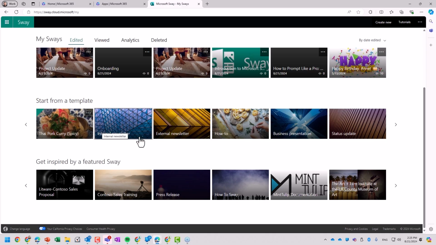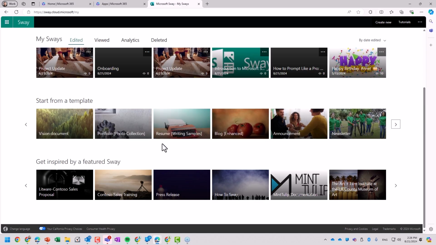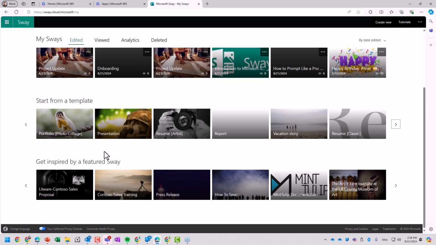We have things like an internal newsletter, external newsletter. Sways about how to do things. Now, it doesn't have to be food. It could be steps for rebooting the entire system or other required trainings, things like that. Business presentation, status update, and there's an arrow on the side that you can navigate through and just kind of scroll through. There are lots of different diverse choices,